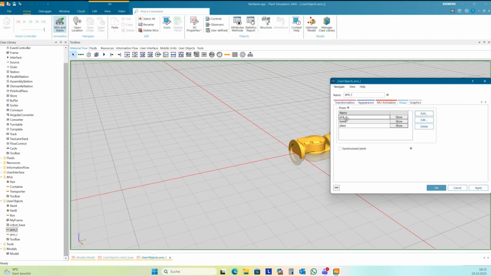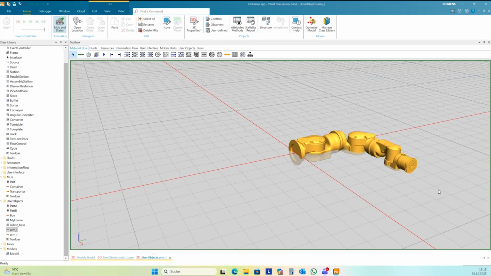Poses: I created 3 different poses, one pick, one home, and one place. And I cannot use the Plant Simulation built-in move to coordinate method to move this arm to a coordinate, because it doesn't fit in the basic structure of this axis here.